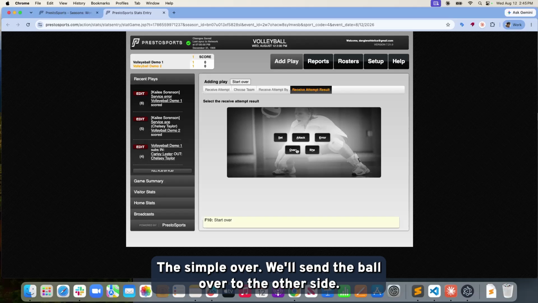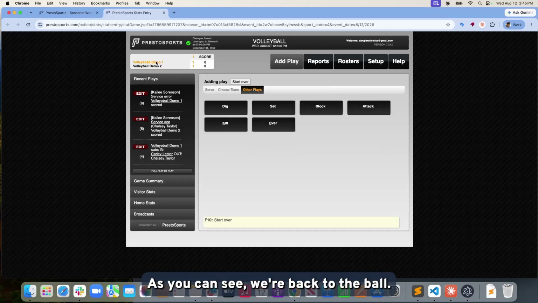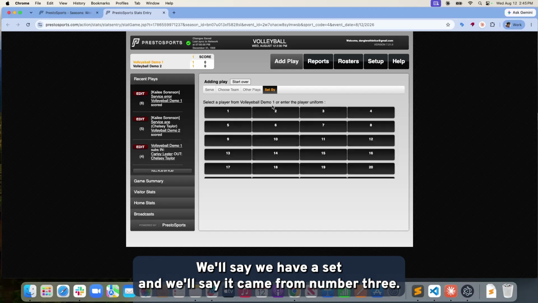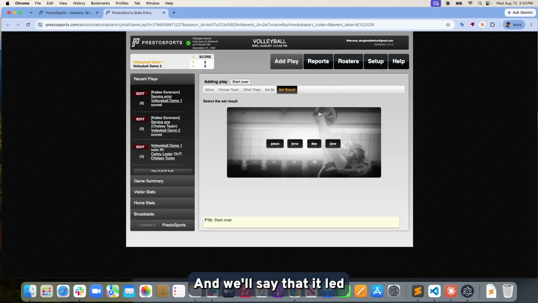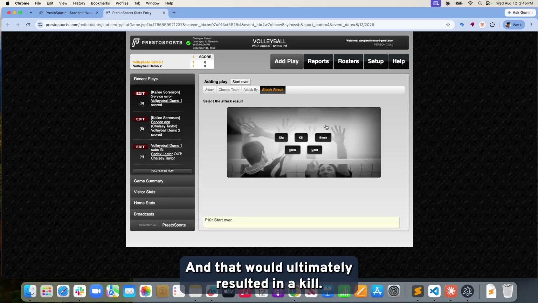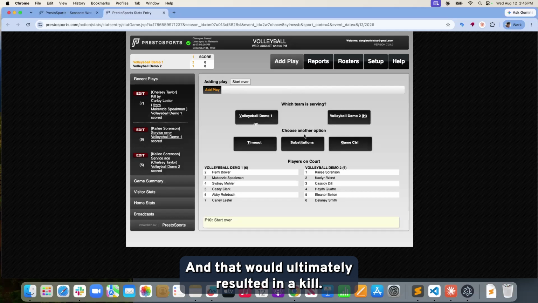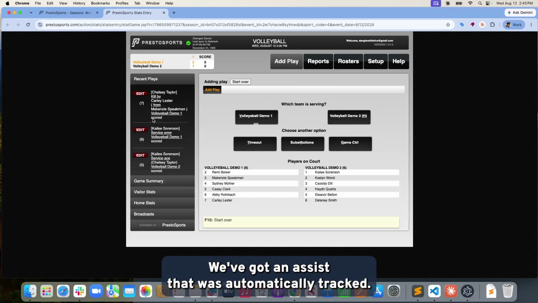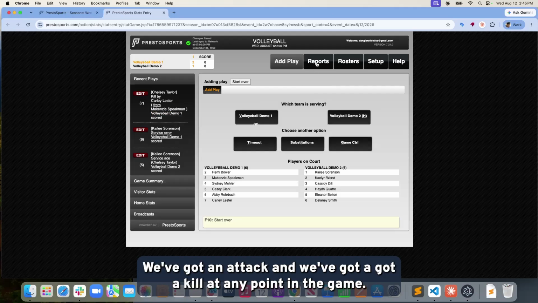The simple over will send the ball over to the other side. As you can see, we're back to volleyball demo 1. We'll say we have a set, and we'll say it came from number 3. And we'll say that it led to an attack by number 7. And that would ultimately result in a kill. Couple of scenarios there. We've got an assist that was automatically tracked. We've got an attack, and we've got a